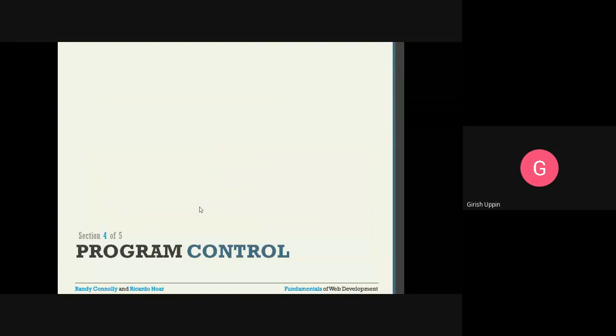Next, program controls. Program controls like if else are very similar to any other language, or to JavaScript, which we already saw in previous sessions. One example is given here. Inside the parenthesis I will have the condition. If this condition is true, then I will have a true block, and if it is not true, then we will have an alternate path. This is one path, the true path, else is the false path.